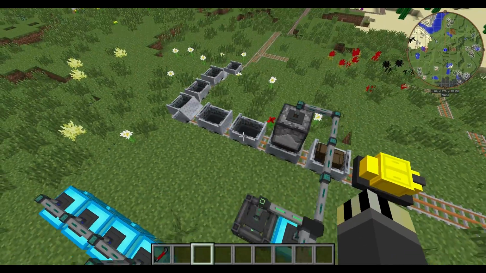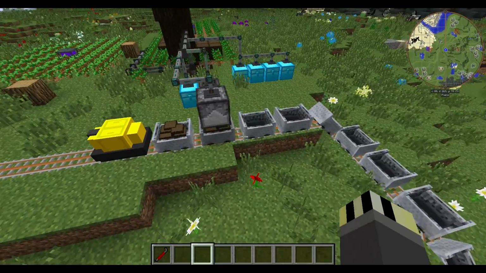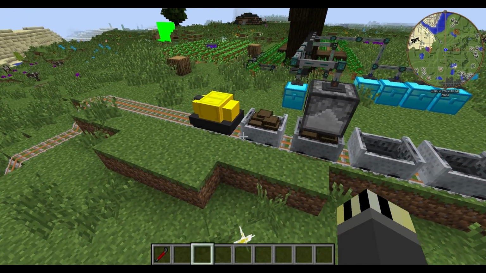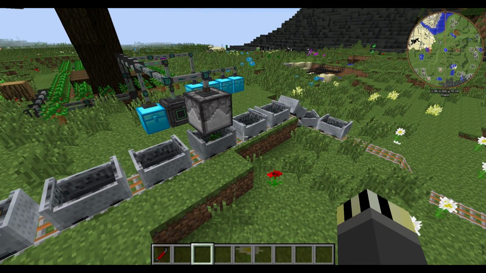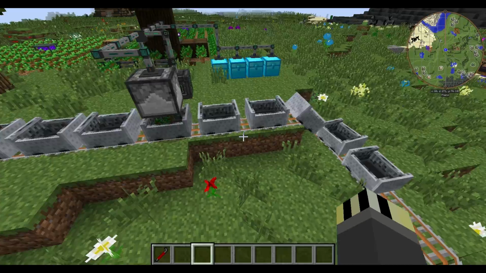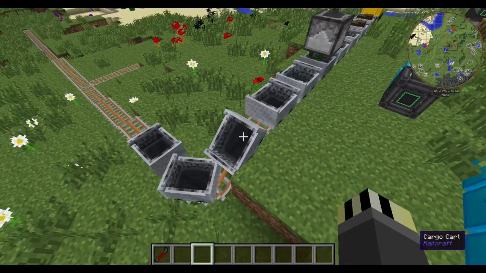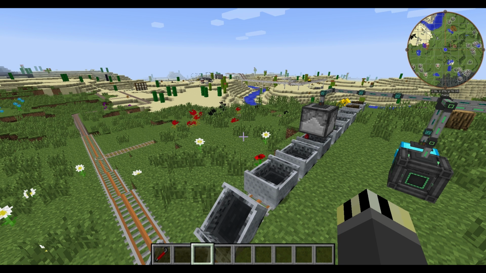So you can use this for anything, guys. So if you've got ores and stuff that need to be transported and such, this will be perfect for it. Really, really perfect. The only thing I would say, guys, is if you're using it for ores, please, I wouldn't recommend using the cargo cart, simply because you can only place one item in it at a time, and it looks